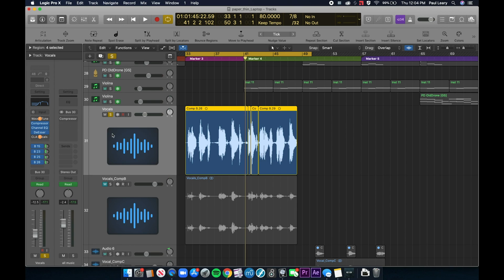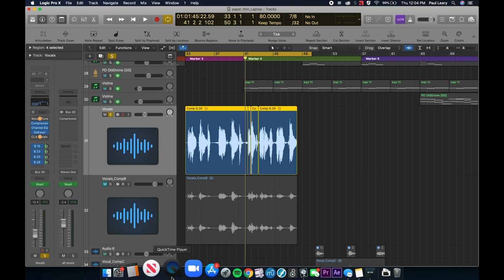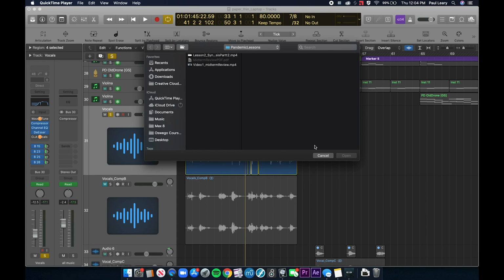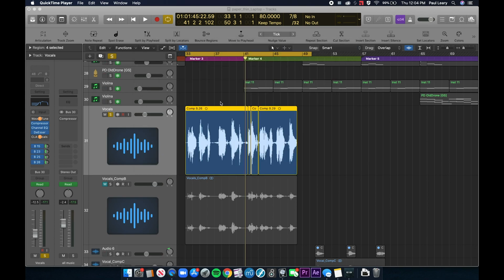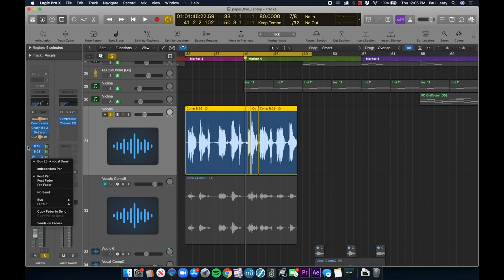So the next thing I want to talk briefly about here is, I'm sorry, I keep clicking on this so I can see my time. Yes, okay, so I've been talking for 20 minutes almost, is to talk about these buses, all right? So I'm sending to 4 different buses here. The first one is a really cool effect that I'll talk about. It's using a delay with a compressor on it. The next one is a Space Designer, okay? Then we have just a reverb, another compressor with a channel EQ on it. And then the last one is a doubler that's actually missing. And that is kind of like a